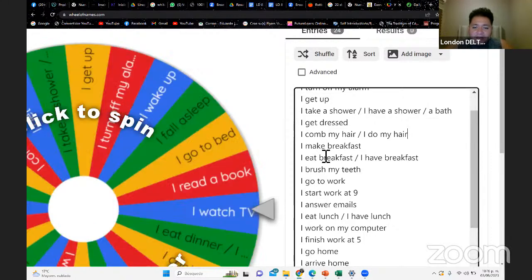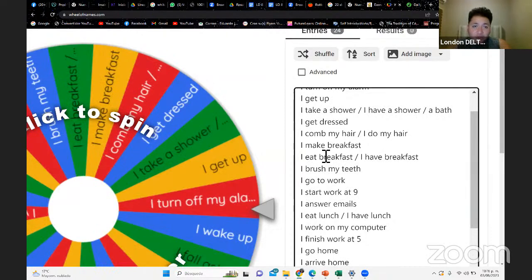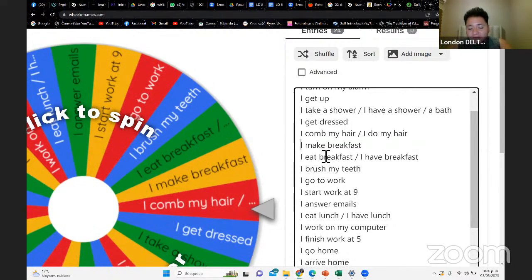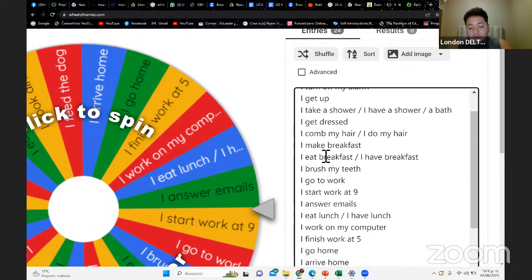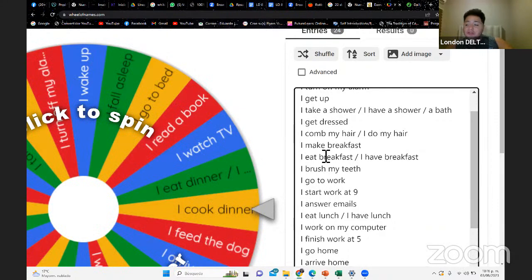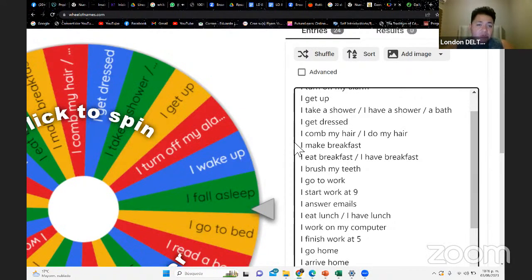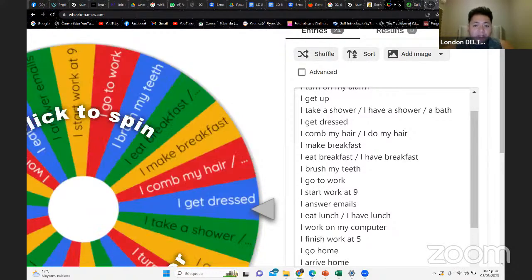I make breakfast. In this case, we have two verbs in English. We have do and make, verbos que significan hacer. So if you use do, guys, it's usually for activities. Well, that's generally true, porque también luego hay unas expresiones que utilizan unas do y otras make. Tenemos dos verbos en inglés que significan hacer, okay? So do is usually for activities, right?